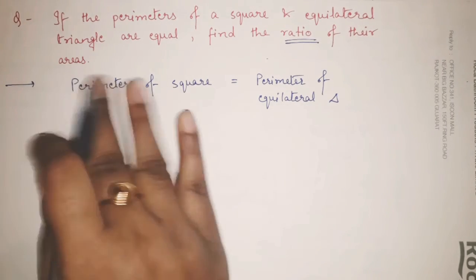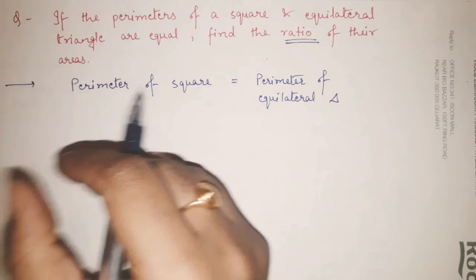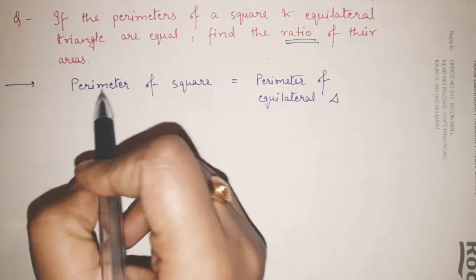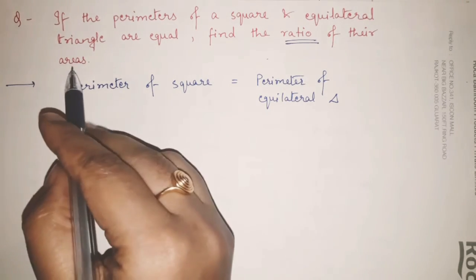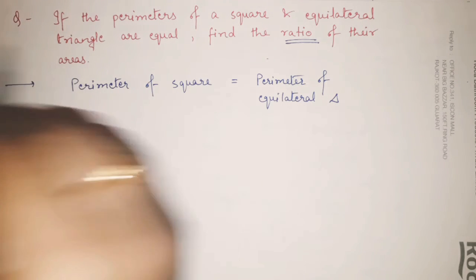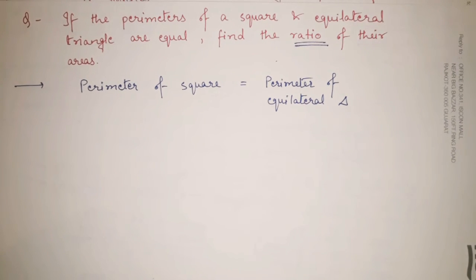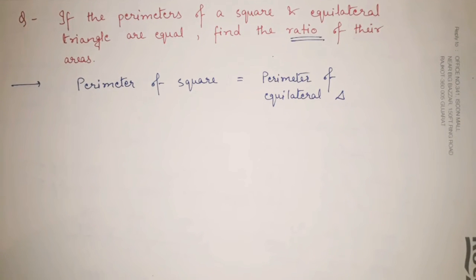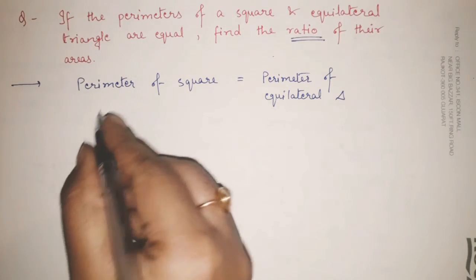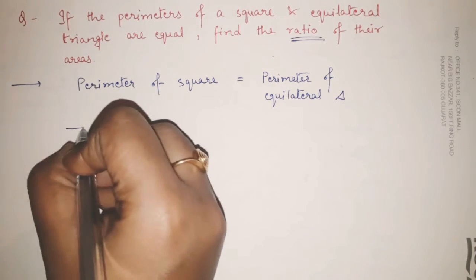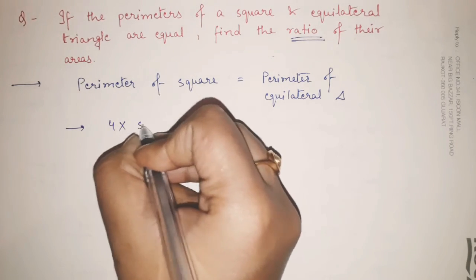Now in order to solve this question, you must know the formulas of perimeters and areas of square and triangle. Fine. Yes, we have studied it a long way ago, but you have to remember these small things in order to solve the questions of aptitude, right? Okay, so perimeter of square is very simple. It is 4 into side.